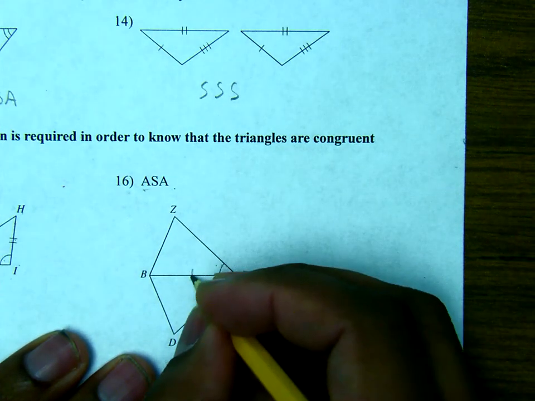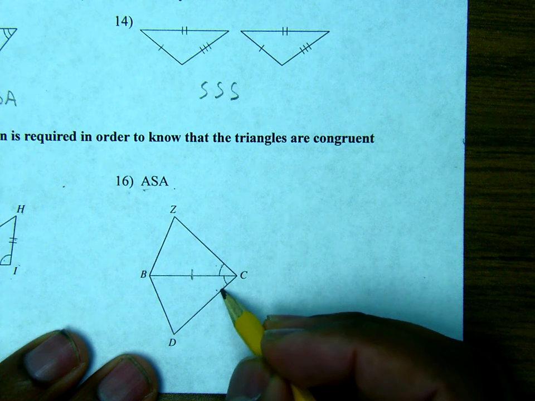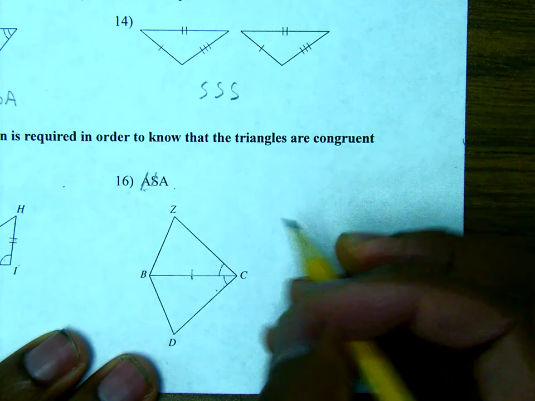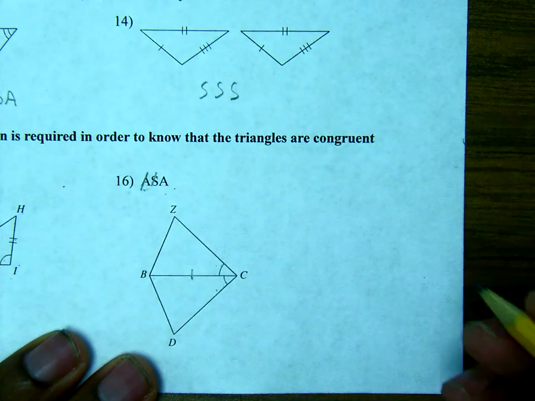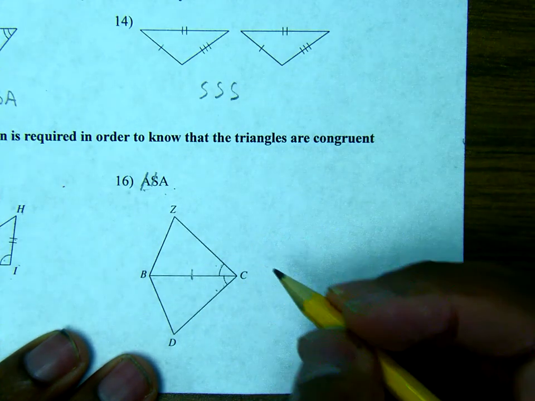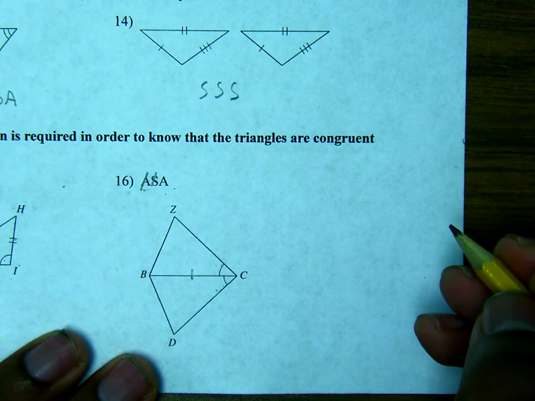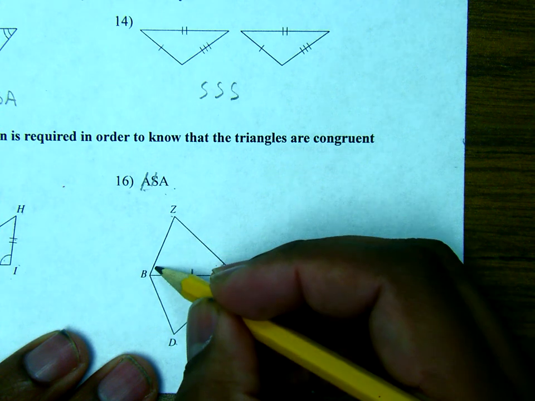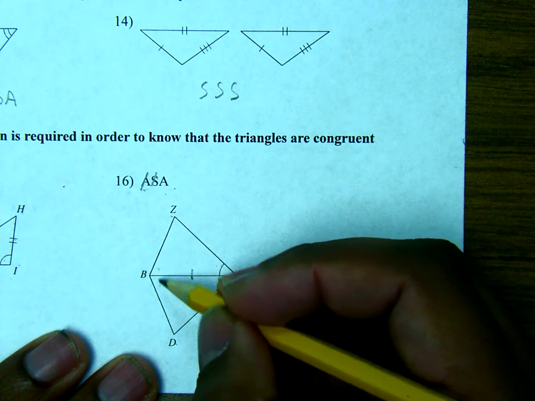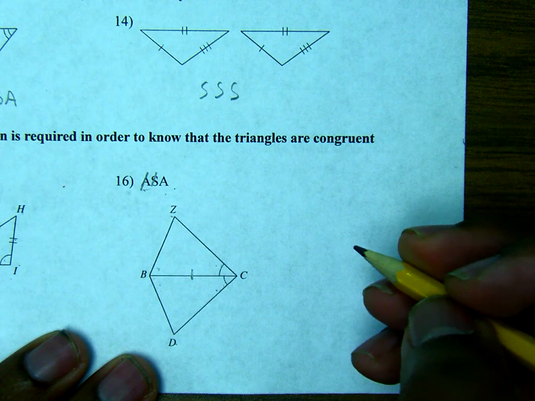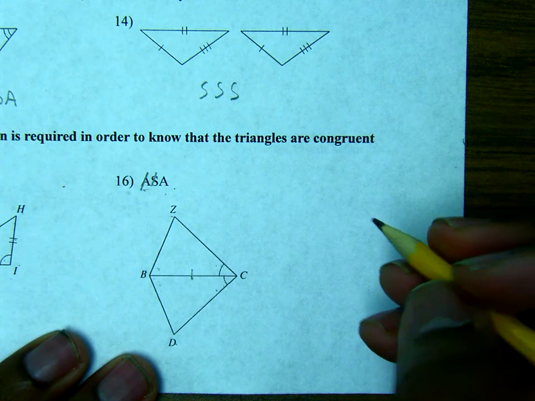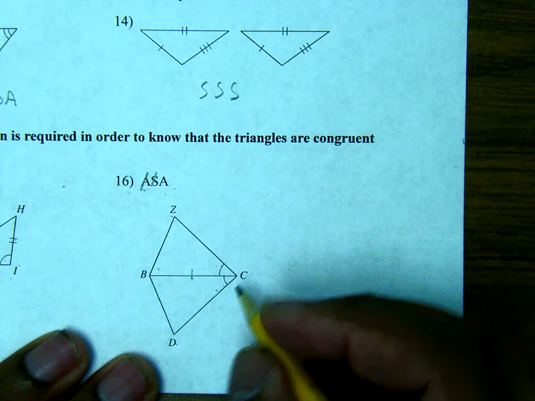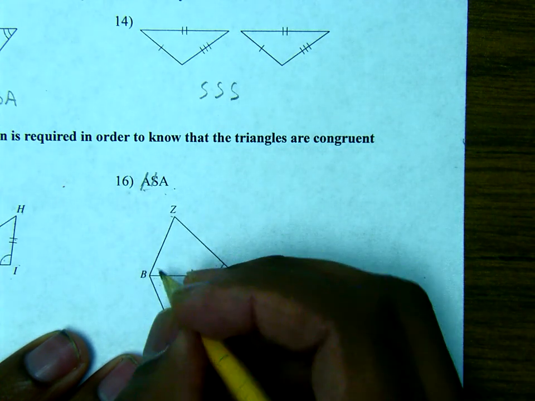So now we have an angle and a side. We can mark those out and see that we're looking for another angle, but it has to be right after the side. So we could either pick Z or D, or we could pick this angle here and this angle here. Notice how I said this angle here and this angle here, because it's not angle B. I'm going to talk about the names of those angles in just a second. But in order to make it angle, side, angle,